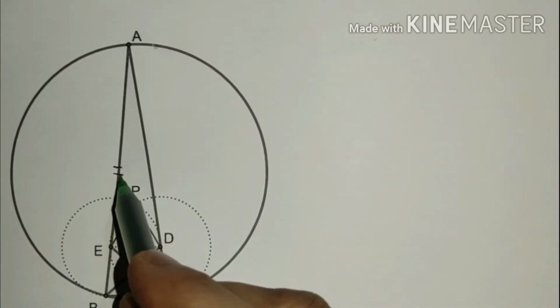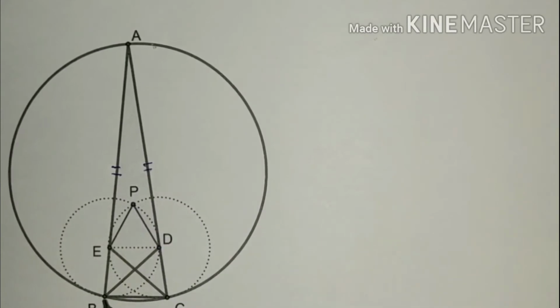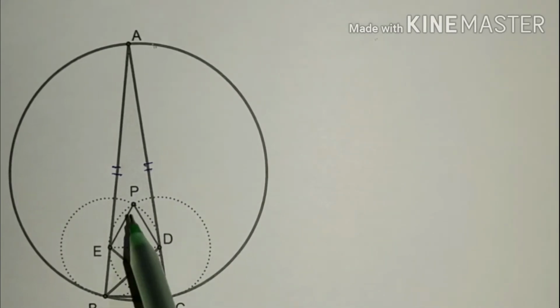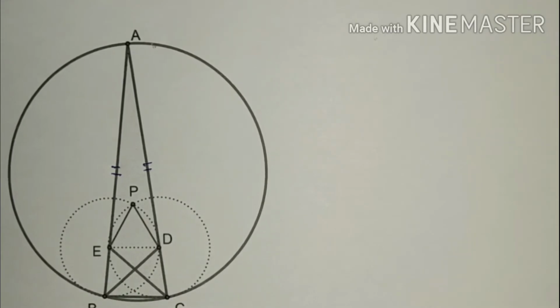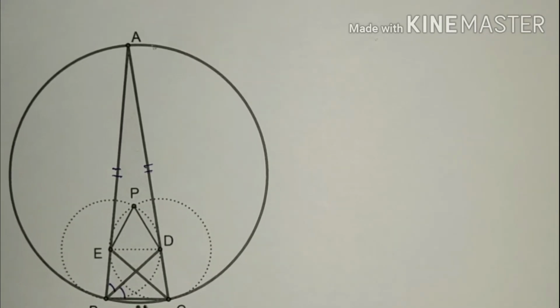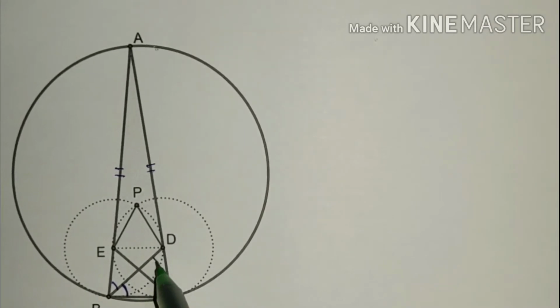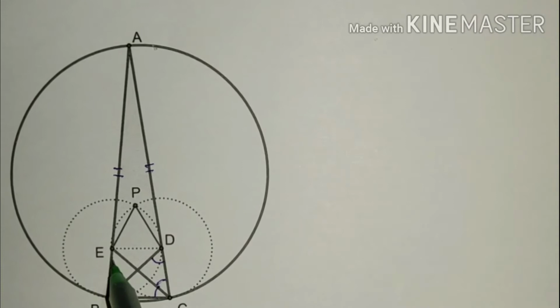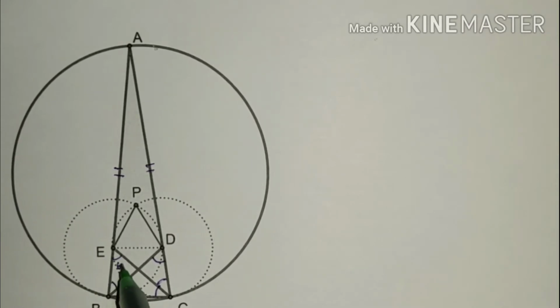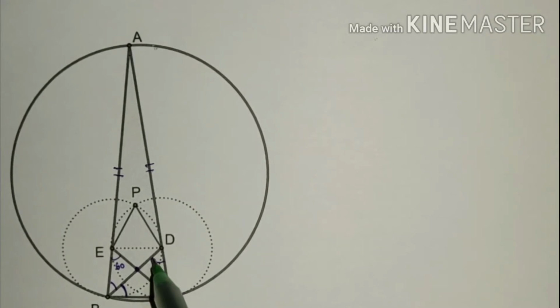So AB is equal to AC, BD is the angle bisector of angle ABC. Draw CE, the angle bisector of angle BCA. So this is 40, this is also 40, this is 40, this is 40. So this is 40 degrees and this is 80 degrees. So this will be 60 degrees and hence this will also be 60 degrees. And this is the incenter, the intersection point of the angle bisectors.